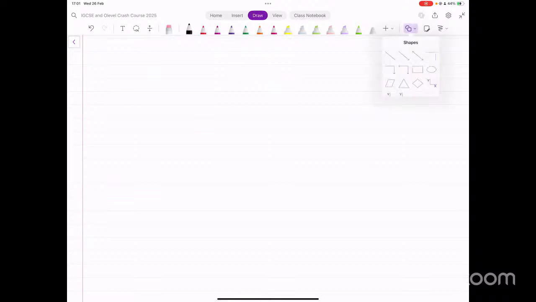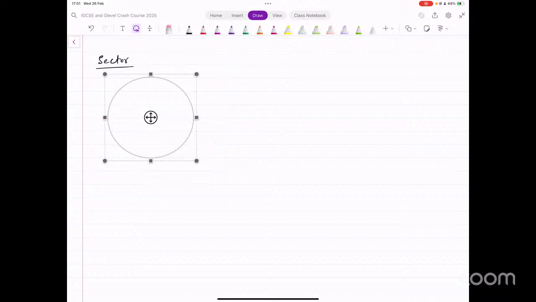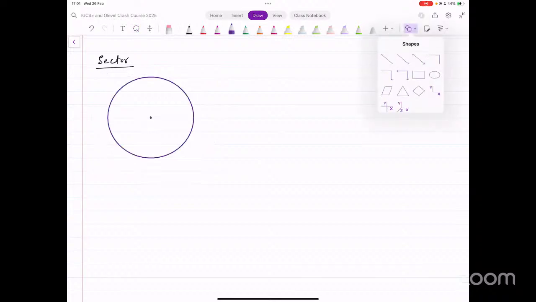So let's say we have a circle like this. We're going to talk about sectors first of all. In this circle, let's say the center of the circle is here. This is the center of the circle. Now, if I have lines, or radii of the circle, going from the center to any part of the circumference like this,